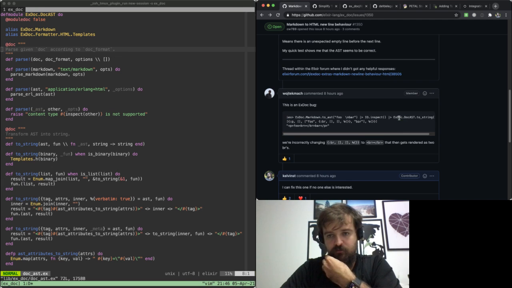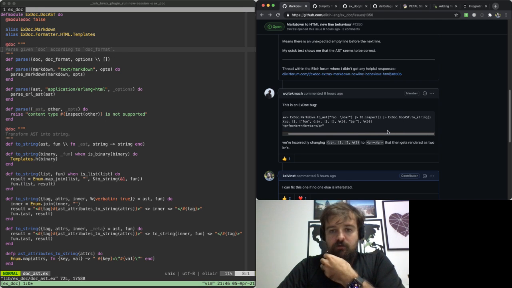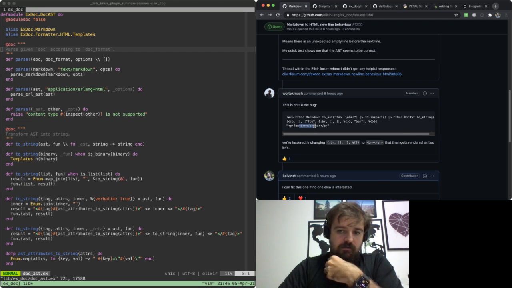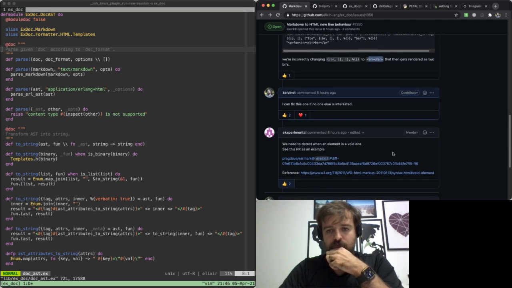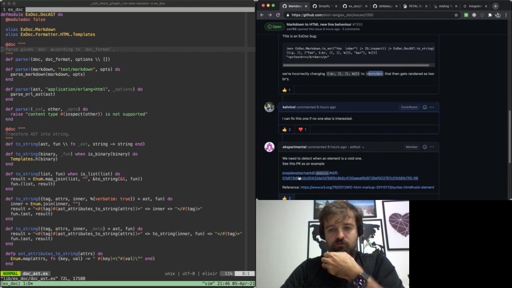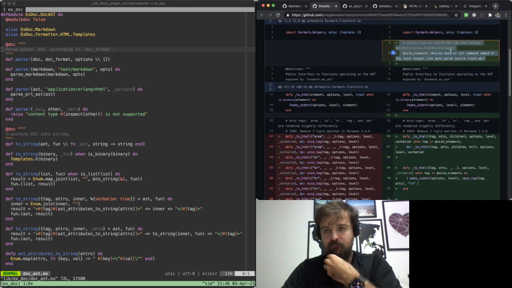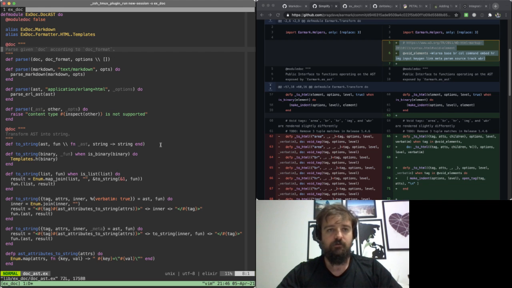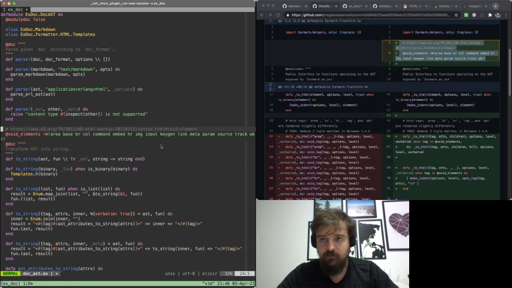This is the function that's causing it. The problem is that it is introducing the BR as an open closing tag, and as we know, that's not a valid BR tag. So what we have to do is to do the same that Pragdev did on the earmark one, to actually mark these as void elements. And that's pretty much what I'm going to do. Mark this as void elements,